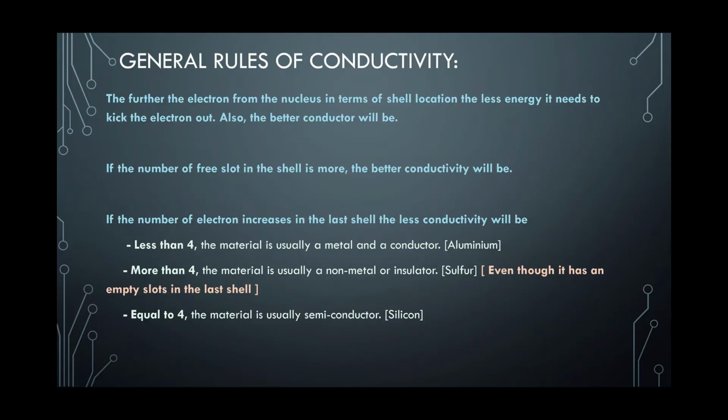So basically, if we want to apply general rules to know the conductivity of a material: conductivity is how easily I can move an electron from one atom to another to cause an electric current. If I can do that successfully, that means this element is a conductor. So there are certain rules we have to know to distinguish between the elements, whether it is a conductor, insulator,